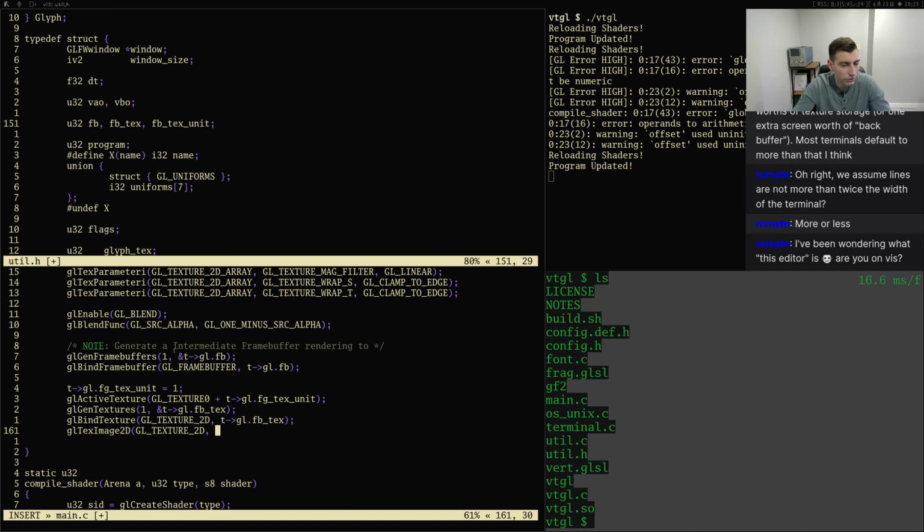Okay, so the level is 0. Internal format will be GL RGBA, I think. Let me see here. Already forgetting my internal formats. Yeah, no, it's GL RGBA, and then the next parameter is the width, height,